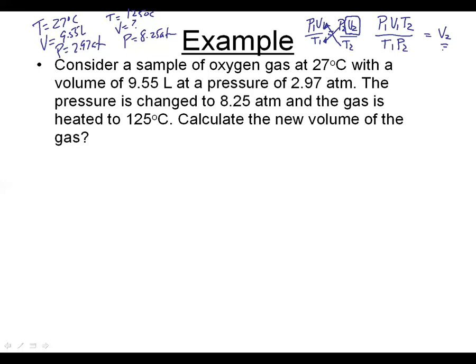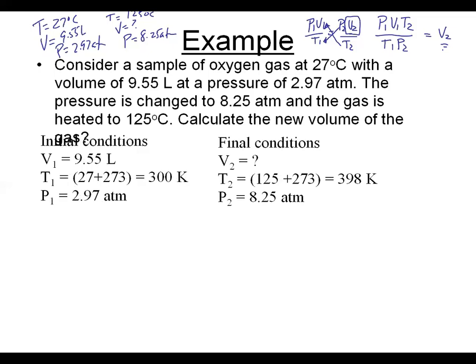In terms of units, our pressures are okay. They're both in atmospheres. And in terms of volume, it's in liters, which means when we solve for volume, it'll be in liters. Like usual, our temperature does need to be converted to Kelvin. And it looks like if you do those conversions, you got 300 Kelvin for the first temperature and 395 for the second. Again, here's why it's important to make sure you know how to rearrange it so that you put all the numbers in the right spot. And if you do that,